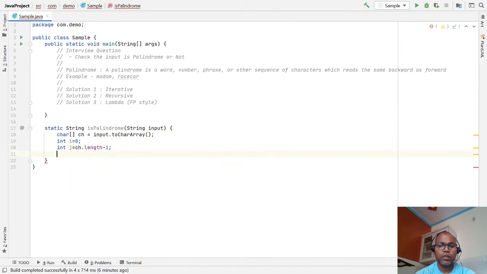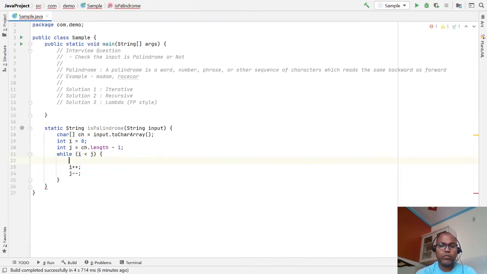Then a while loop while I is less than J, and inside it I plus plus and J minus minus.